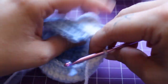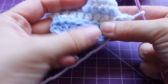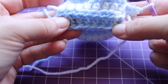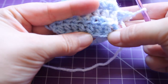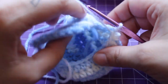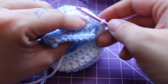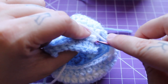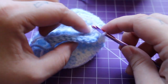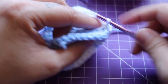hook back in there, and looking at the front of that tongue, you have that back ridge of those half double crochets. We're going to work a slip stitch in each of them, so make sure you're tight right here first to start, and then slip stitch in that first one. So there's 1,